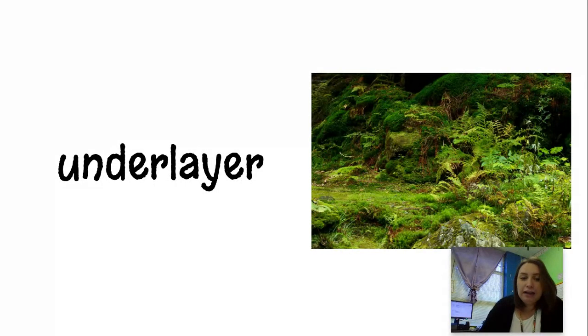And our last word today is underlayer. That's the stuff that's happening on the ground underneath. Lots of big bushy plants would grow here, like ferns. Lots of bugs would live here. This is a great place for snakes and for small animals. If we were in the rainforest, this would be where we were walking, in the underlayer. It's got lots of moss, lots of grasses, lots of plants. So canopies at the top and underlayers at the bottom.